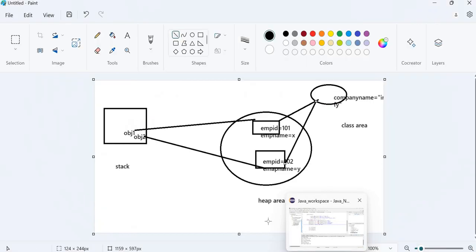होप आपको समझ में आएगा। हीप एरिया में जिसके थ्रू आप ऑब्जेक्ट क्रिएट करते हैं वो आते हैं, जो ऑब्जेक्ट का नाम होता है, जो रेफरेंस का नेम होता है, दैट विल बी इन स्टैक। एंड द क्लास एरिया में हमेशा जो स्ट्रिंग होते हैं वो रिप्रेजेंट होते हैं। उनके लिए अलग से स्ट्रिंग कॉन्स्टेंट पूल होता है। क्लास एरिया में आपका